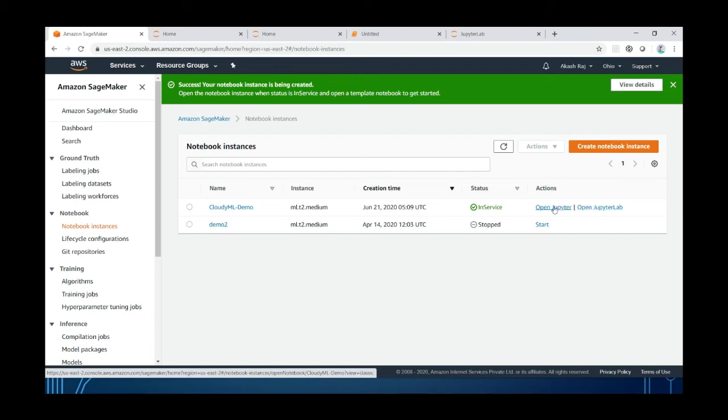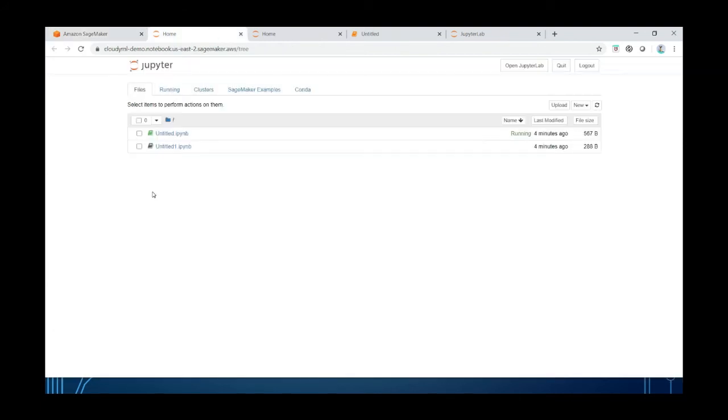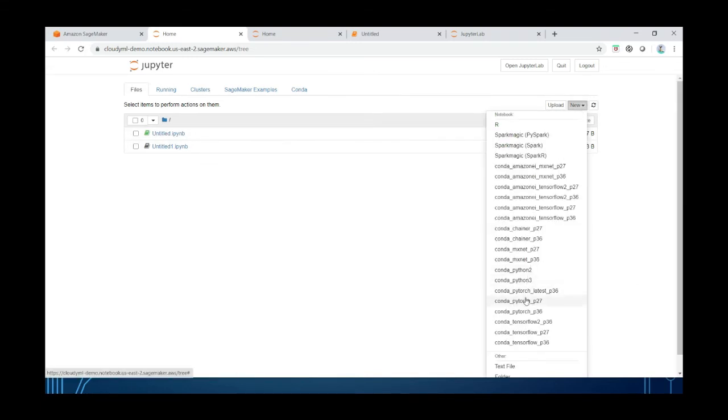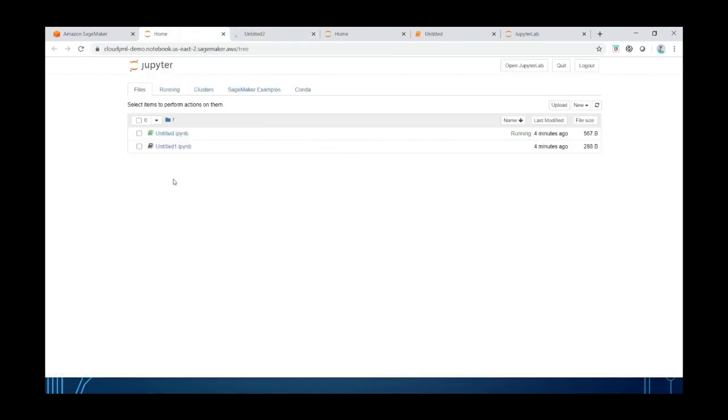First I'm going to show you the Jupyter old environment, how it is working. So this is the normal Jupyter environment. Here we will have all the notebooks listed down which we are going to create. We can create a new notebook by clicking this button and choosing something like Python 3. We can choose the environment and the notebook has been created, and it will soon appear here. Yes, you can see, and it has been opened in a new tab.